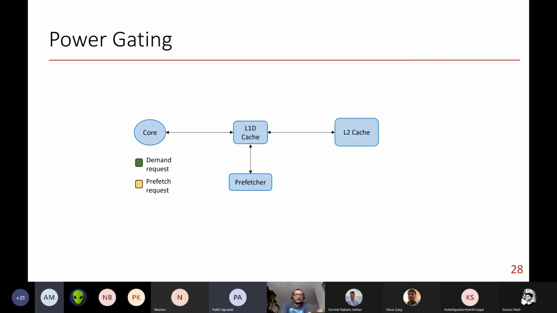There are techniques like power gating, which are implemented in modern processors, typically in the form of switching off some of the caches or some of the microarchitecture units. One simple example is, let's say I'm getting more and more requests into my L1D cache and my application is cache friendly, I'm not getting requests to my L2 cache, then I can decide to switch off or turn off my L2 cache, right? I can change the frequency level,